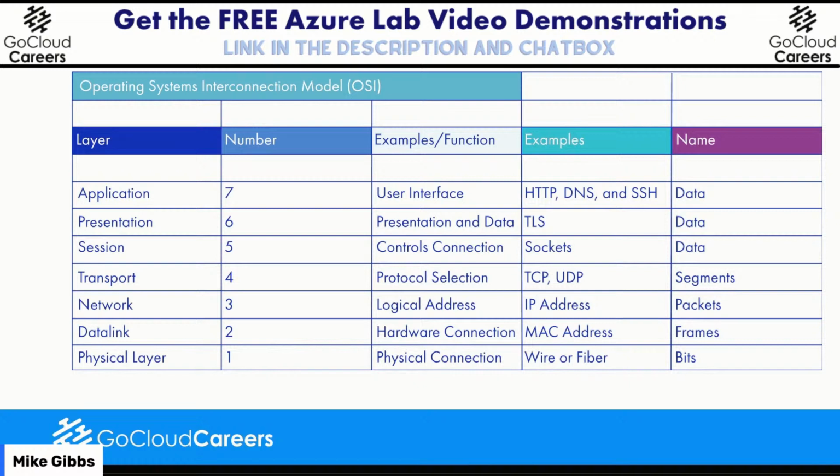Layer 6, the presentation layer, is really about presenting data to the upper levels, to the applications that you use. Now, one thing that networking people actually think about at the presentation layer is encryption. So this is where your TLS encryption actually lives. Even though we networking people say we're layers 1 through 4, we kind of get involved in this layer 6 stuff, this encryption stuff, along the way for our data.